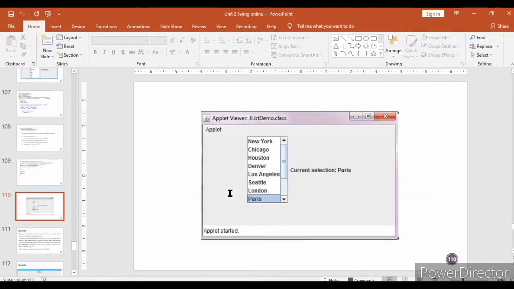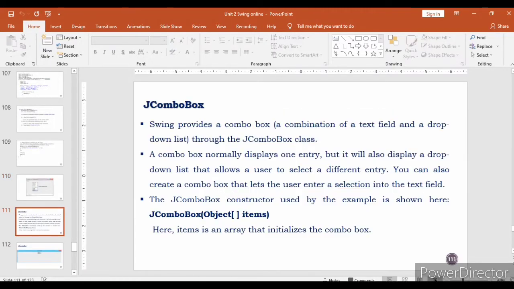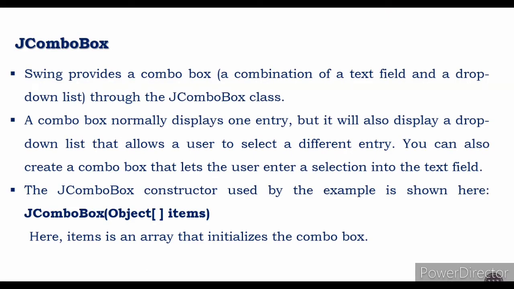Next we will see J combo box. Swing provides a combo box, which is a combination of a text field and a drop down list, through the J combo box class. J combo box means it is a combination of J text field and drop down list. We can use just the drop down list itself, otherwise we can use this combo box along with the